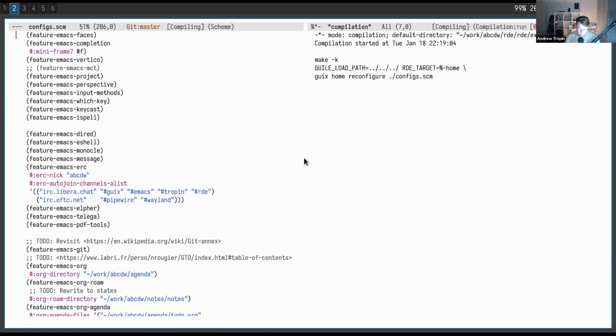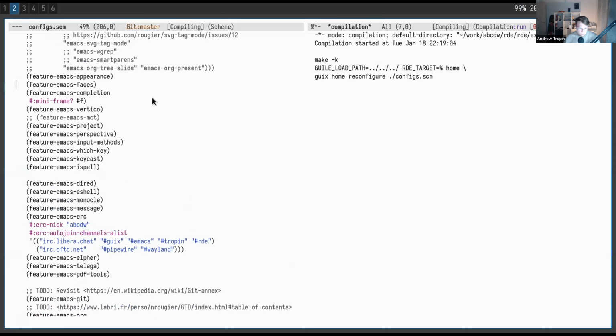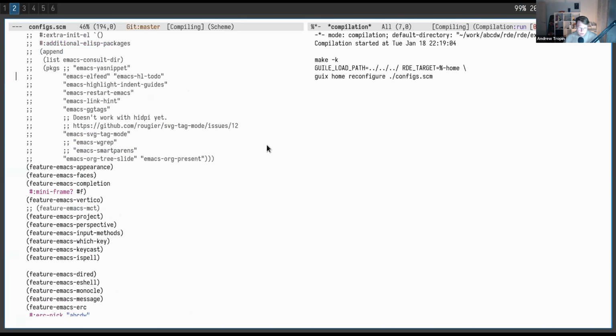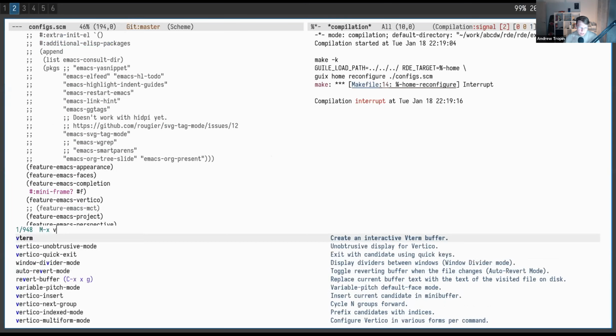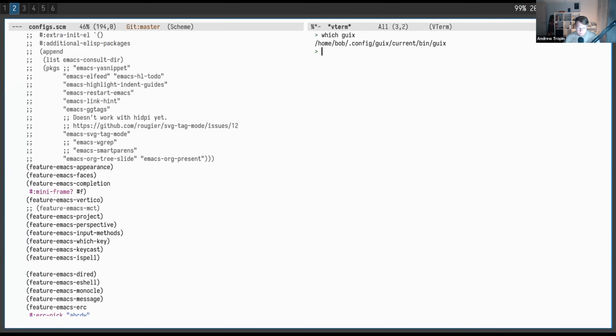Let me reconfigure my system again and bring it back as it was before. Or not. Actually, I can just launch a terminal here. What we can do is use a utility called guix shell. It's a subcommand of Guix, which allows creating an environment where some packages are available. For example,